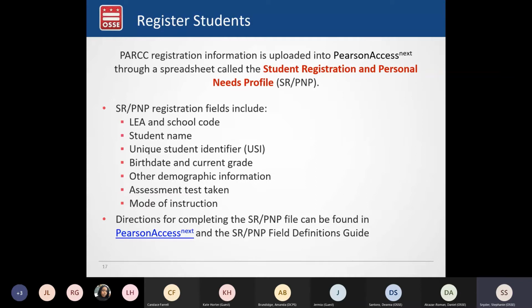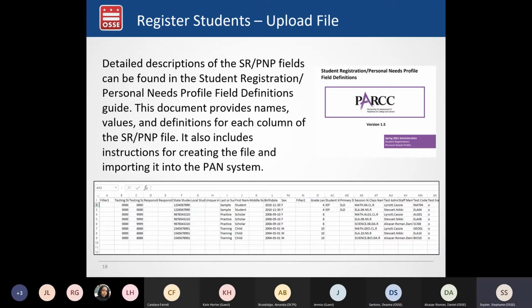And directions for completing the SRP&P are in Pearson Access Next in the SRP&P Field Definitions Guide, which there's a picture of on the next slide. As I mentioned, detailed descriptions of each of the fields in the SRP&P is in this guide, and it provides names for each field, the accepted values, and instructions for creating the file and importing it into PAN.